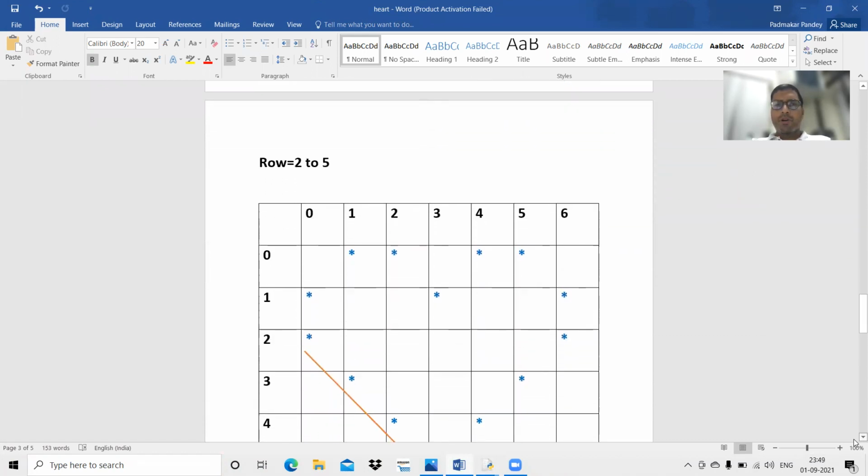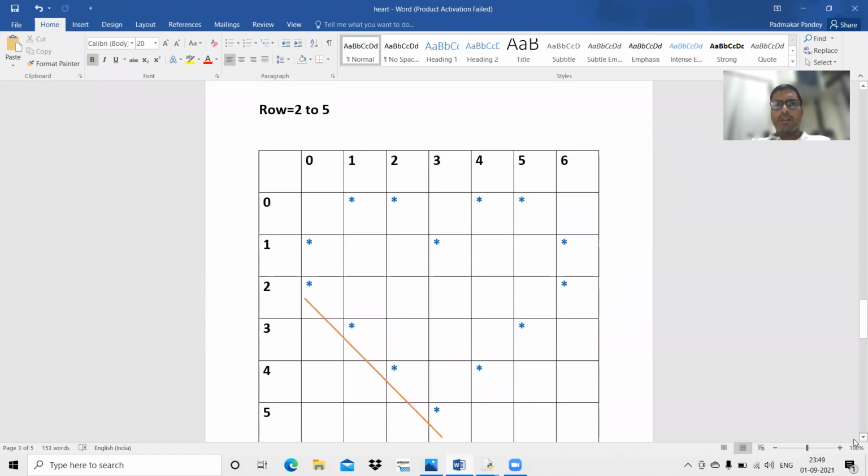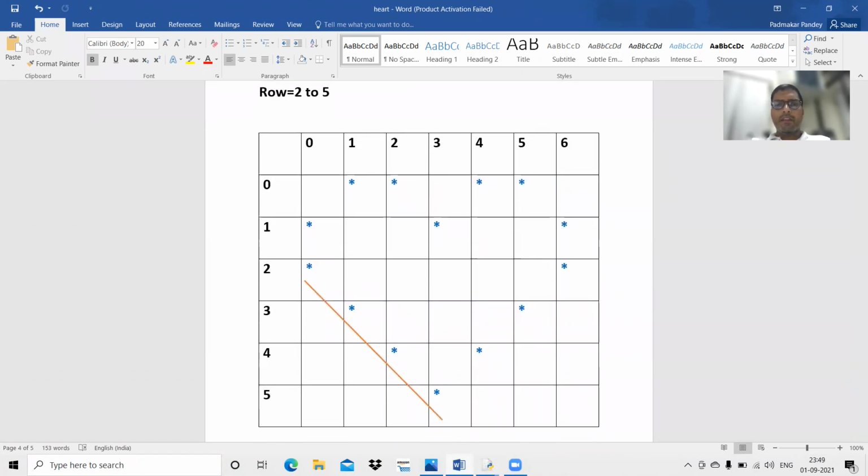Now in row number 2 to 5, you can see this marking, row number 2 to 5. For example, here look at my cursor. The row number is 2, column number is 0. So 2 minus 0 is 2. In the third row, you can see the star is in row 3 and column 1.